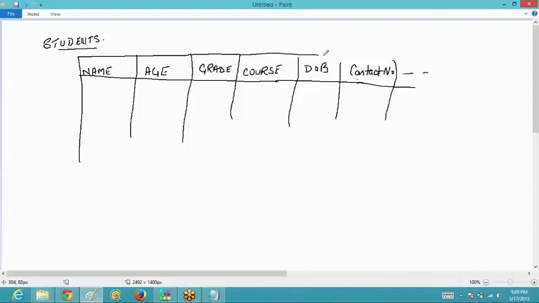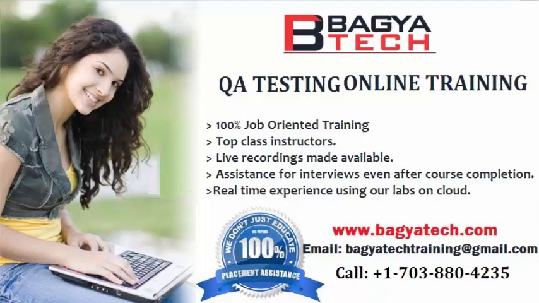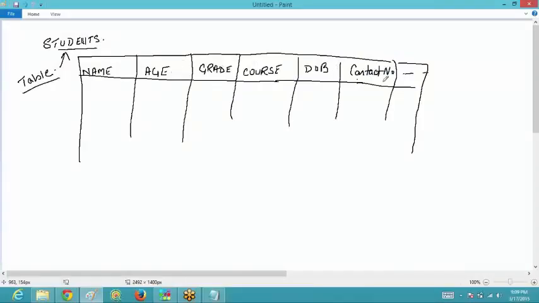So what I'm basically doing is creating a table with the name student, and under this I have created certain columns with the names name, age, grade, course, date of birth, contact number and the others.